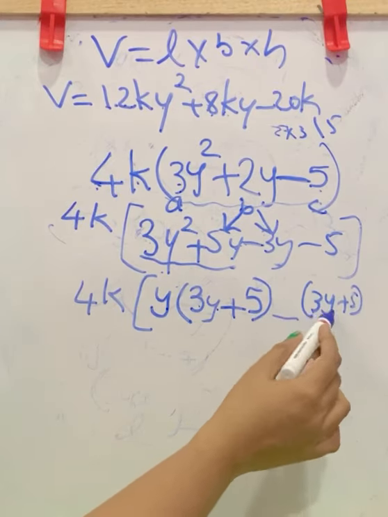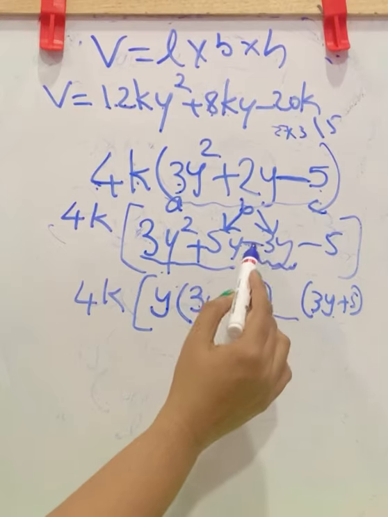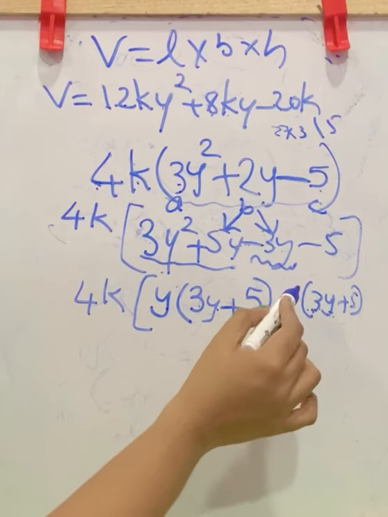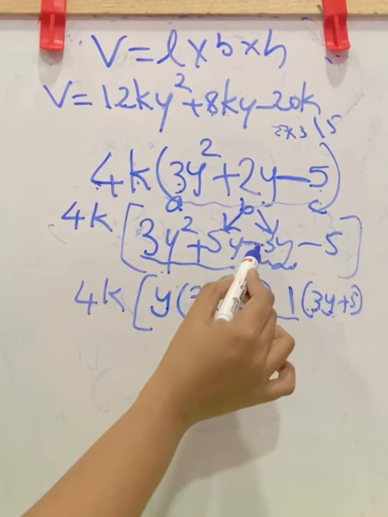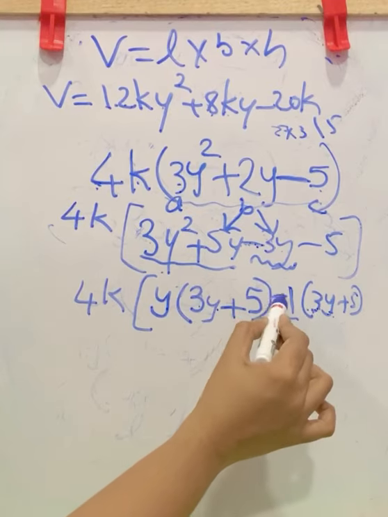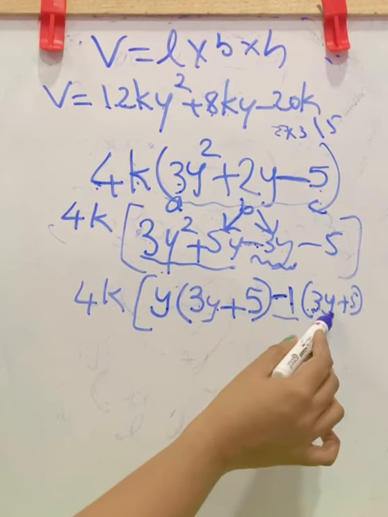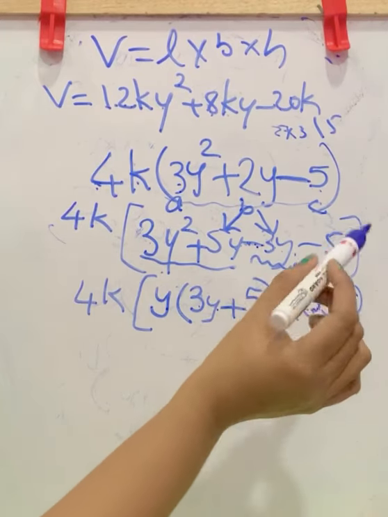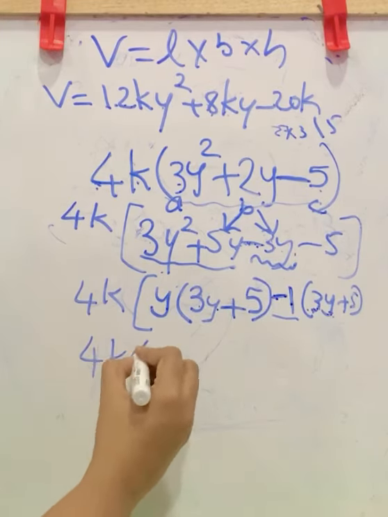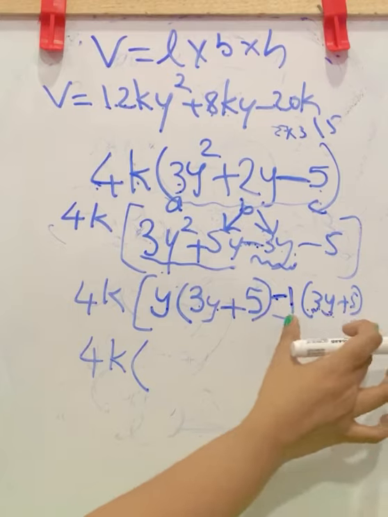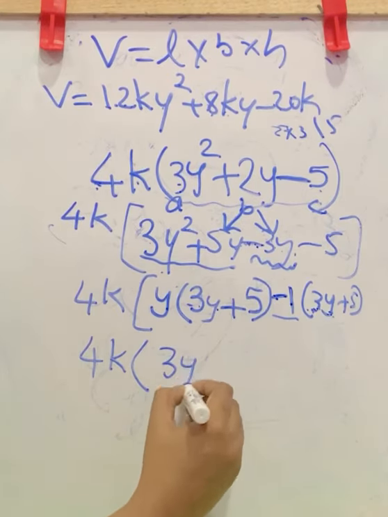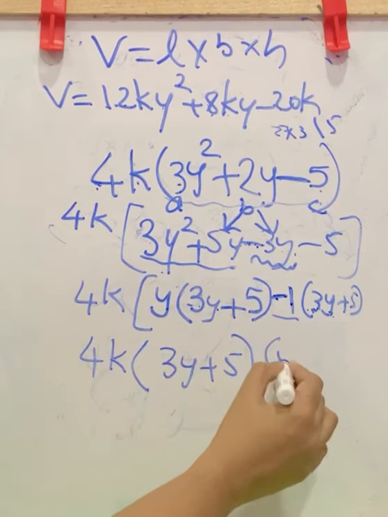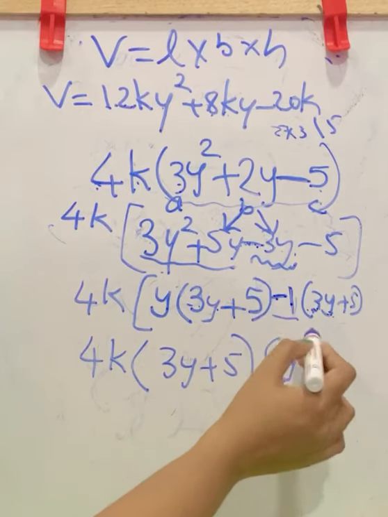Now check the dash into 3y, this term. That is, here this is minus 3y and this is positive 3y. So both are the same terms. That means you are multiplying with 1. But here this is negative and this is positive. So you have to multiply with minus 1. Then only minus 1 into 3y becomes minus 3y. Now check with the last term. Minus 1 into plus 5 is minus 5. Now 4k is here. From this term and this term, we have this bracket as common, 3y plus 5. Now 3y plus 5 is taken, so the balance will be y here. Here 3y plus 5 is taken, the balance is minus 1 here.